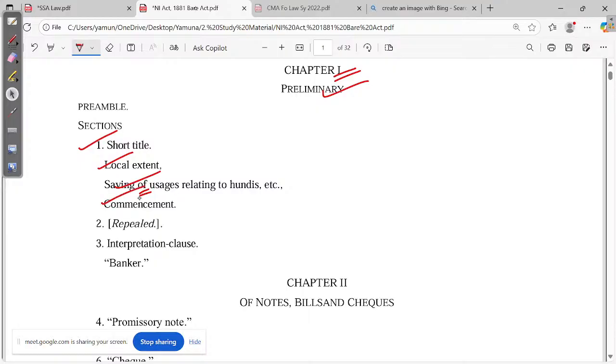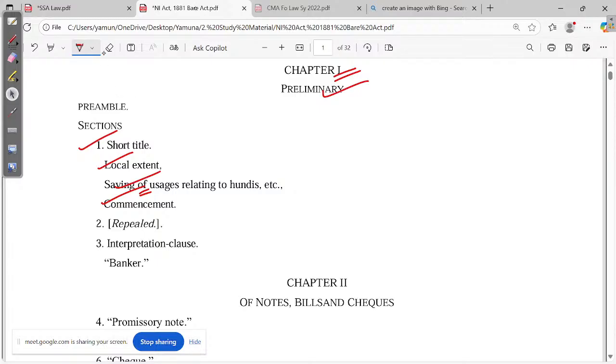And from when is it applicable? We will not go section by section through the Act. My intention is not to cover the Act, my intention is to cover the concept. Single material can completely relate. I will refer to the Act only for a few definitions, for example, like holder and holder in due course. You have to go and refer back, because if they ask in the exam, you have to present it exactly, especially Inter students.